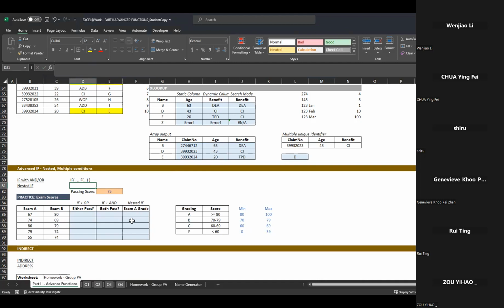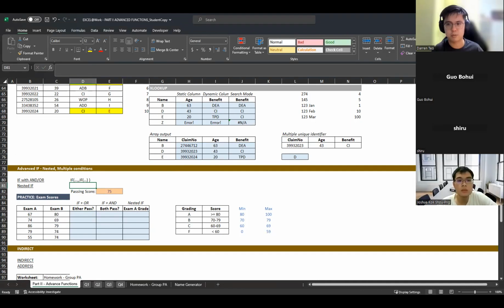If you all have taken some basic coding, you should be familiar, because they always like to do nested ifs or some sort of recursion or iteration. So let's say we have this case of exam scores, which is quite close to your heart as uni students. Let's say I want to find out if I've passed either subject. Either means it's an OR, if I pass this or this. So let me do an if.